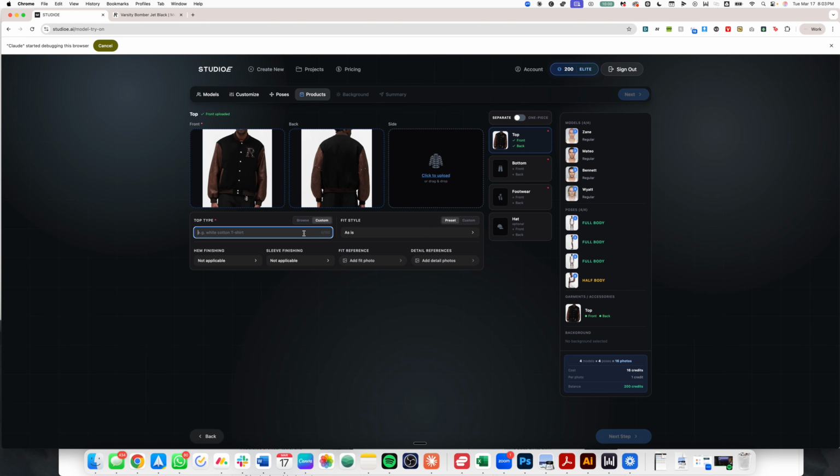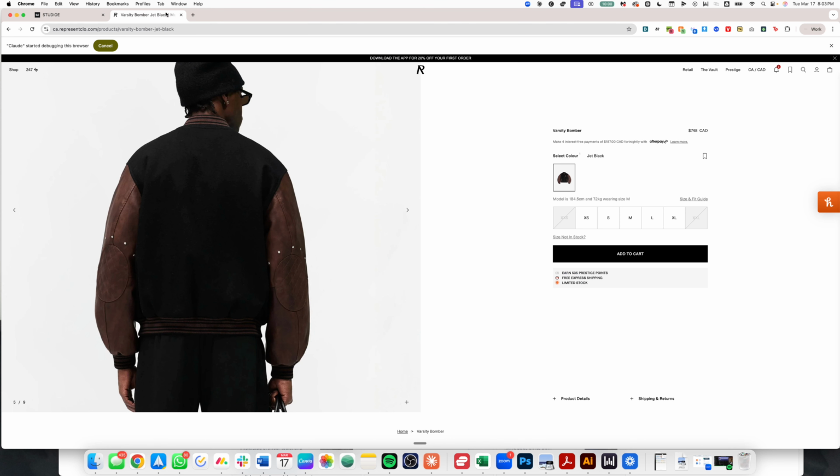So what we do is we go custom and type in varsity jacket, slightly cropped. The fit is going to be as is because it's not tucked in. The hem finishing, not applicable for now. If it's a t-shirt, you can also pick. And if there's any details, so for example, this jacket,